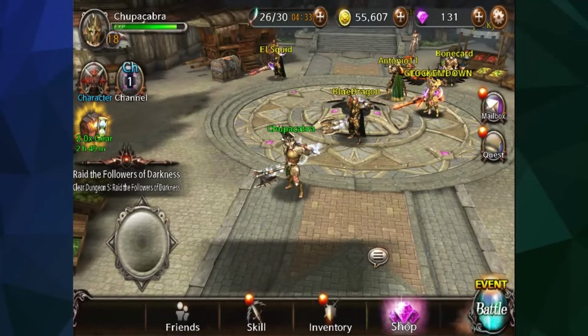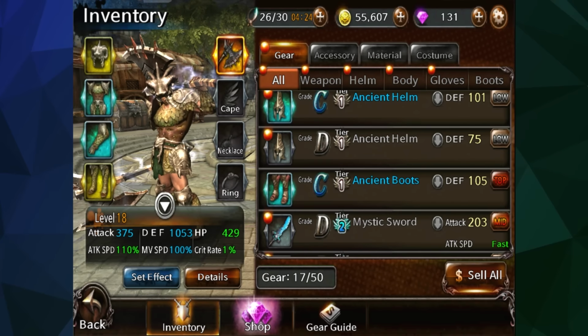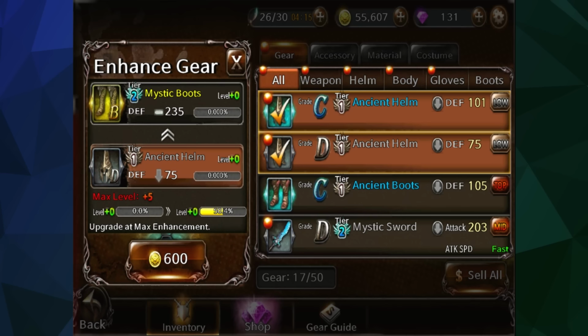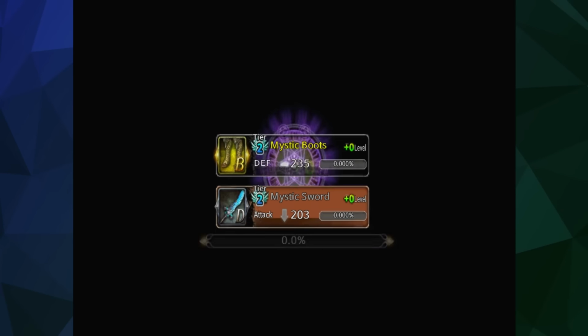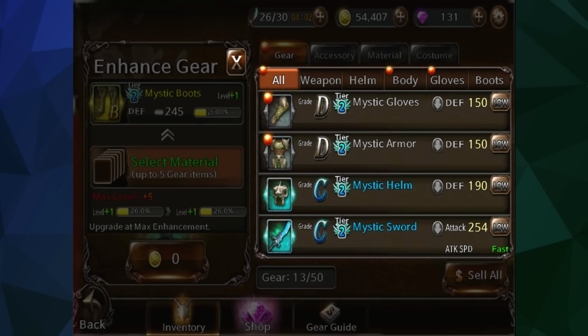But the other side of things is, in your inventory, if you don't really want to spend any money on this game, you can select one of your items, like let me select my new fancy boots, and I can enhance them by using some of the in-game currency, and it's basically like disenchanting if you've ever played a game like World of Warcraft or something. And you can combine weapons and items and stuff in order to make them more powerful, and eventually you can even upgrade them to the next level of